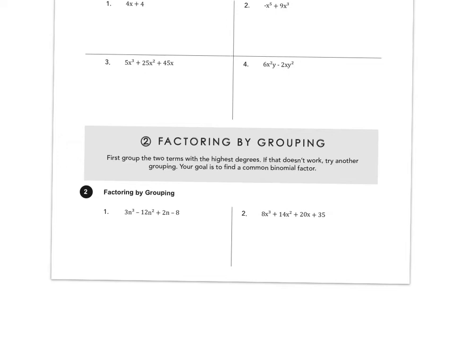The next method of factoring that we will look at is factoring by grouping. Factoring by grouping is an effective method when you are factoring a polynomial with 4 terms. Before you start factoring by grouping, you do always want to check to see if you have a GCF. If you have a GCF, be sure to factor it out and don't forget to include it in your final